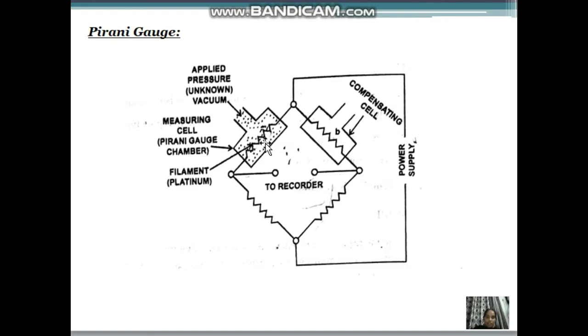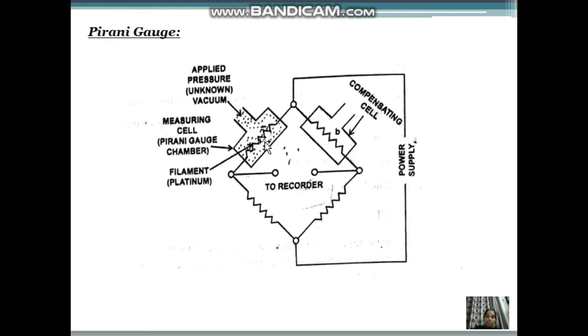Due to this current, the filament gets heated and assumes a resistance which is measured using the bridge. Now the pressure to be measured is connected to the Pirani gas chamber. Due to the applied pressure, the density of the surrounding of the Pirani gauge filament changes. Now see here, by the principle of thermal conductivity gauge, higher pressure, higher density, higher conductivity, reduced filament temperature and